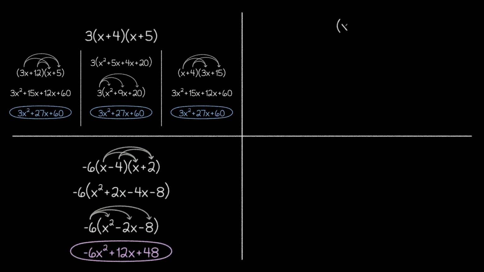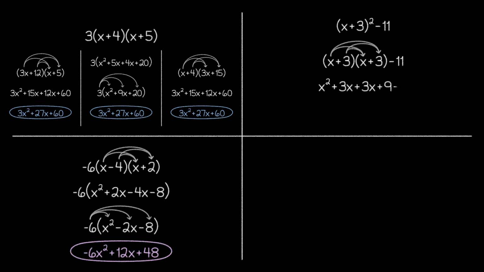Now that we've looked at several examples of converting the factored form into the standard form, let's try a couple examples that are in the vertex form, starting with this expression. While this may initially look quite different from the factored form, it turns out to be surprisingly similar. Since squaring can be thought of as repeated multiplication, we can simply write the expression inside the parentheses twice. Of course, we still need to include the minus 11 afterwards, but this first part looks pretty familiar. Then, we just do our double distribution to get this expression, bring down the minus 11, and combine the like terms to get our final result.